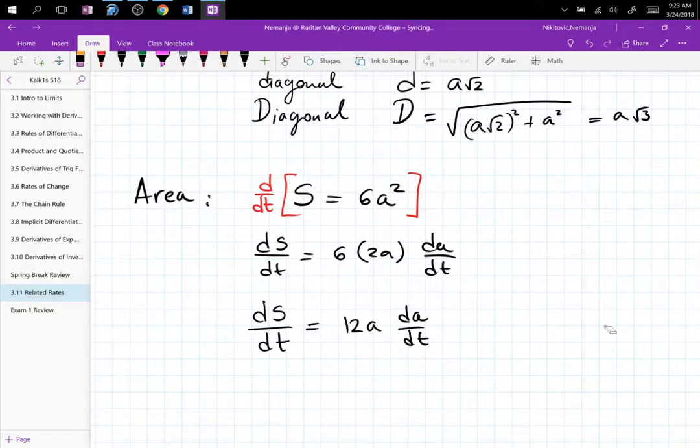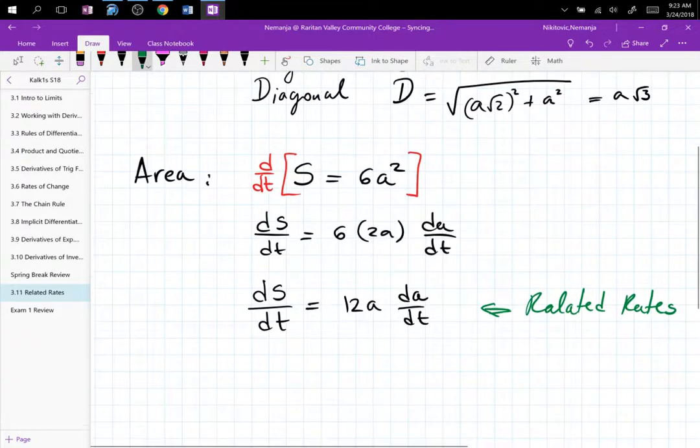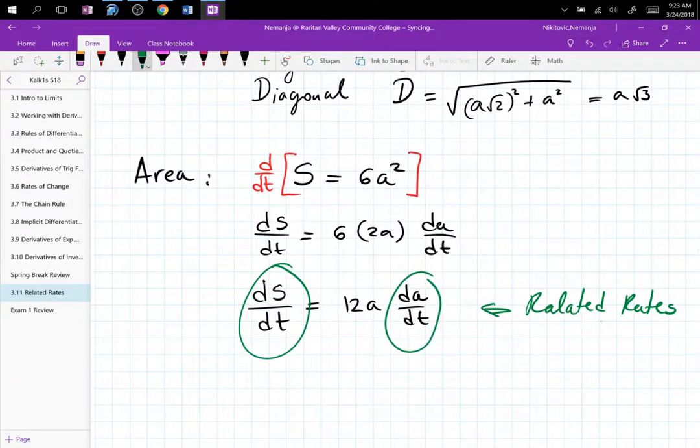Now, this formula over here is called related rates. That's what related rates is. You see two rates. Guys, these are rates of change, right? And they are with respect to time. So the one on the left